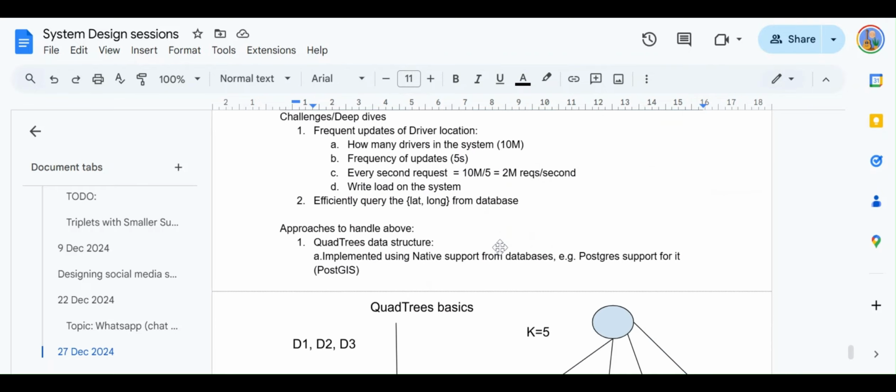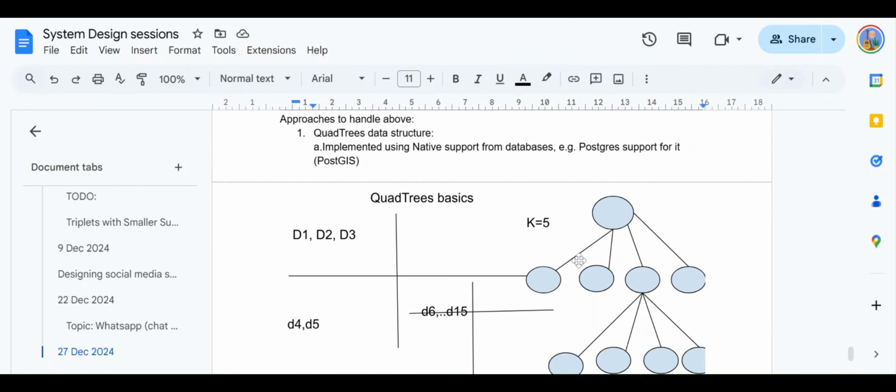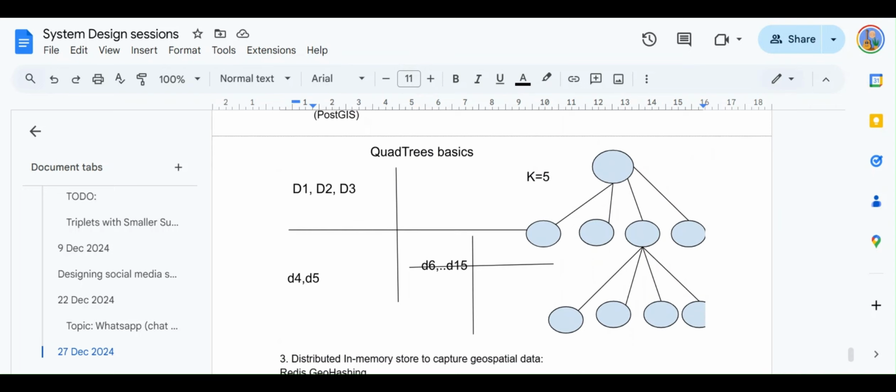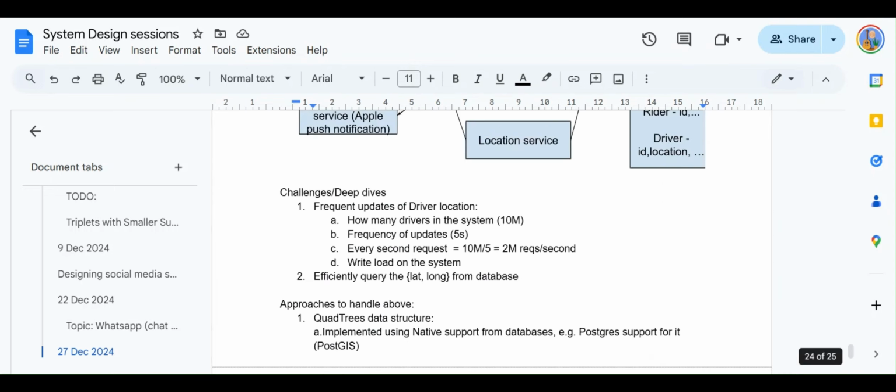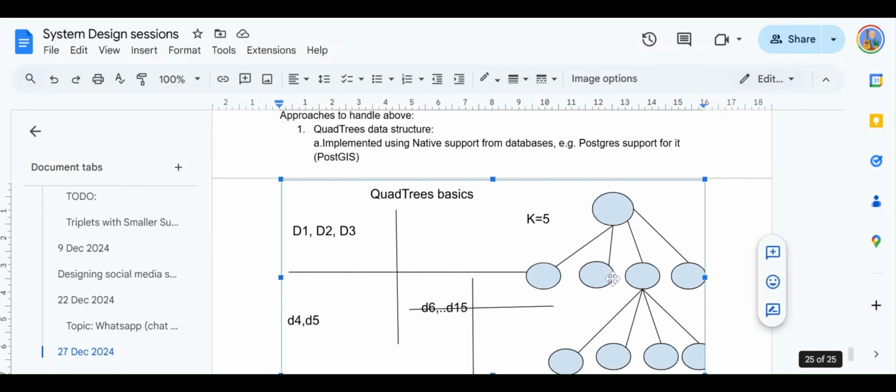We optimized it. First we talked about the application of a quad tree, which is a geospatial data structure that handles locations in a good way, better than the traditional database. Rather than just storing latitude and longitude in the database, a quad tree is much better.